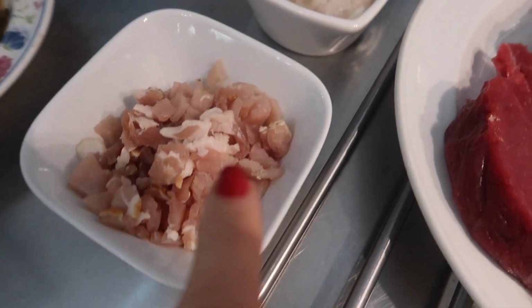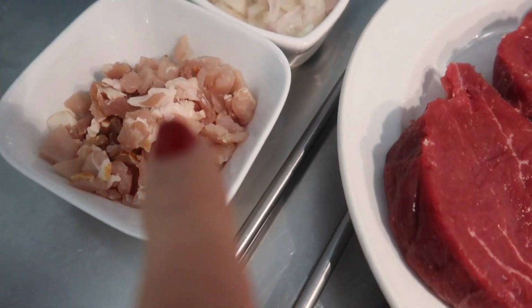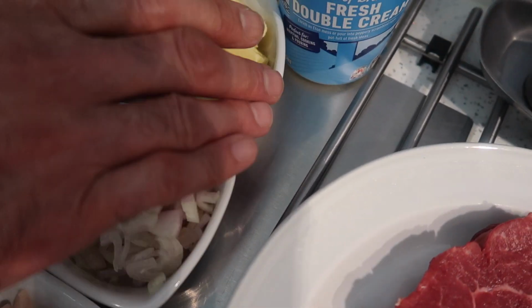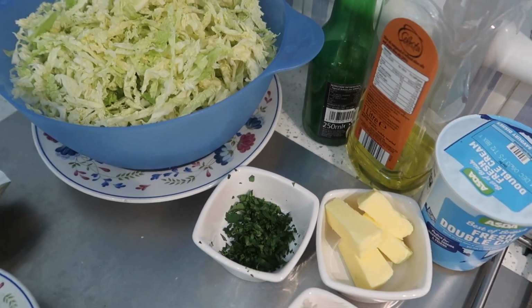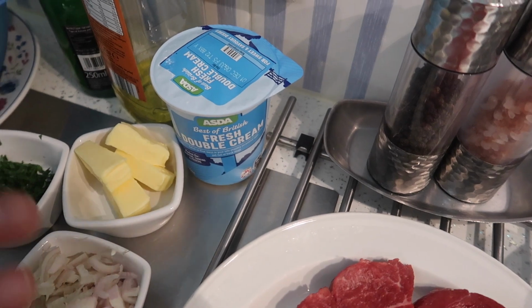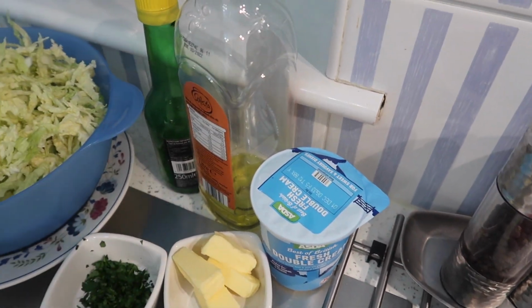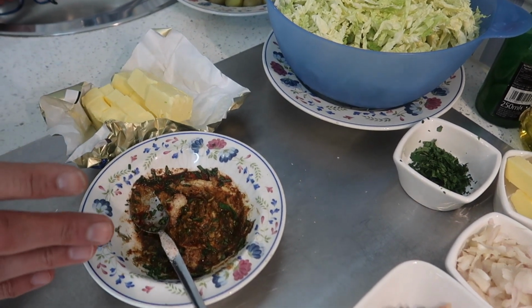Correct. So is this all going to be in the sauce as well? No. The bacon, the shallots and the butter is for the Savoy cabbage. Okay. Some of the parsley I'll use in the potatoes. The fresh cream is also for the Savoy cabbage. The lemon juice I'm going to put in with the butter and this mixture here to make the Café de